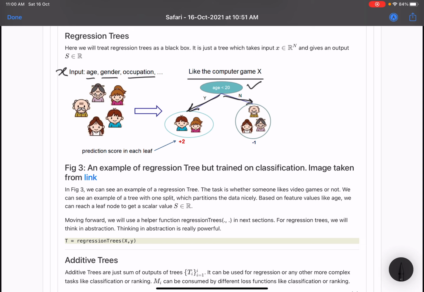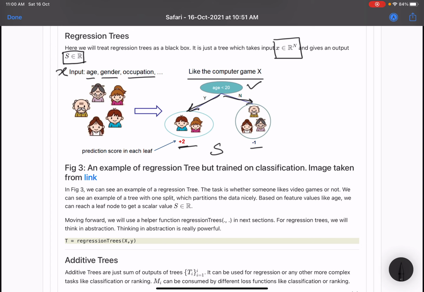So you can see all the young people in the left node and all the old people in the right node. And you can also get a scalar value like +2 and -1, where a higher score is symbolic of a higher probability that you like a computer game. Because it's a regression tree, it's a scalar value which we are calling S. So the input is in n-dimensional space and the output is a real number.